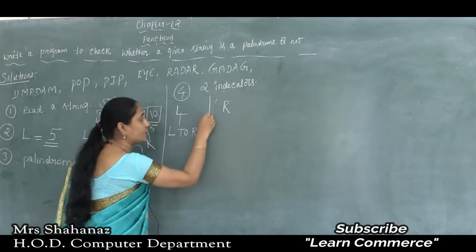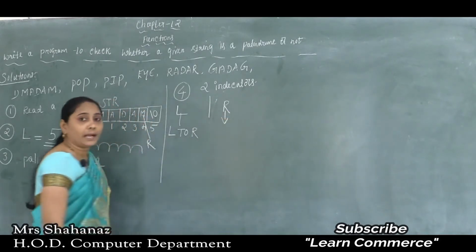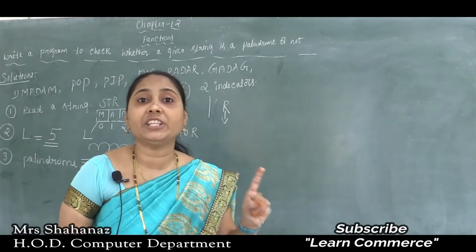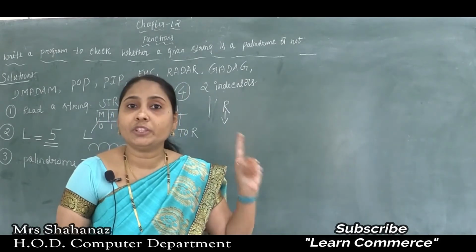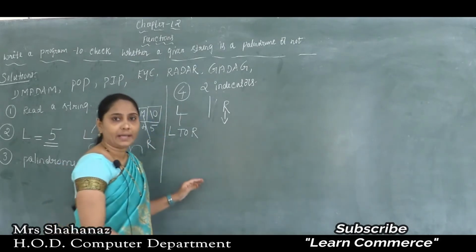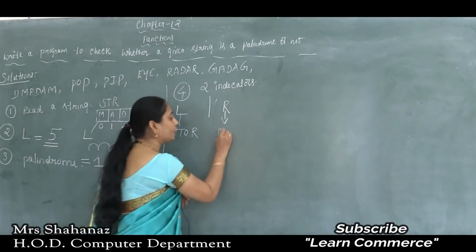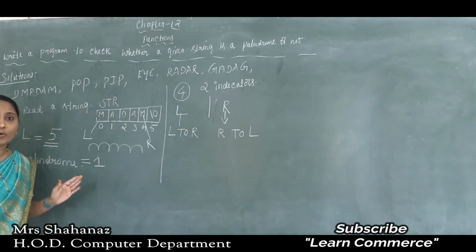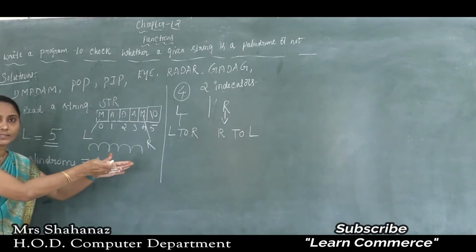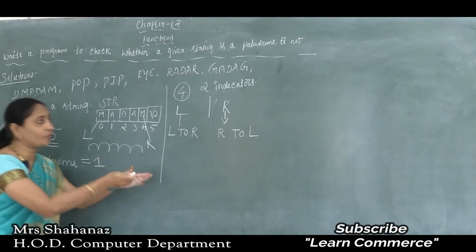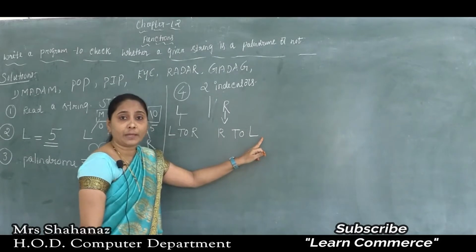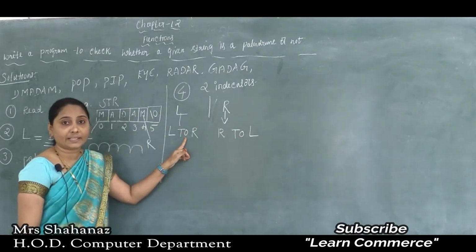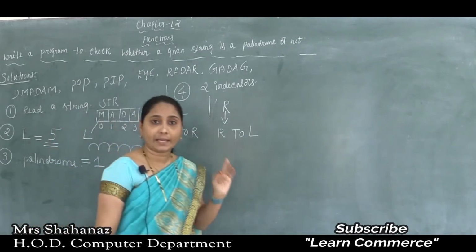And later next one is about our right indicator. That means we can say that R is the right indicator, R-I-G-H-T, right indicator, and which process the string in backward direction, that is from right to left. Clear this point here? Right to left. So the left indicator moves from left to right. And our right indicator is going to move from the right to the left. That means in our backward direction, and the left one is going to move in our forward direction. Clear this point here? The forward direction in this case here.